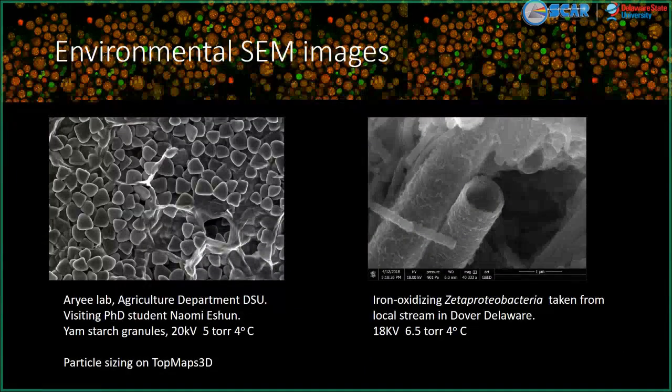So on the left here, the RE lab from the agriculture department at DSU had a visiting PhD student, and she was looking at yam starch granule size over periods of time through different storage techniques. And this is an environmental SEM image of starch granules. It's extremely high resolution, and we were able to do a particle sizing with a program that we have called Topo Maps 3D. And then on the right here, we have these iron oxidizing